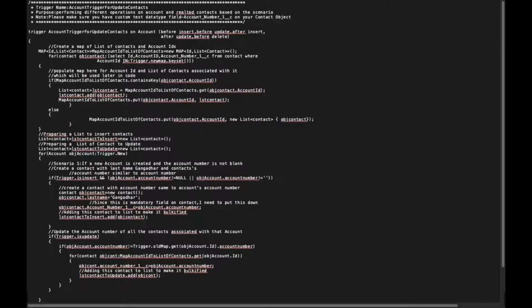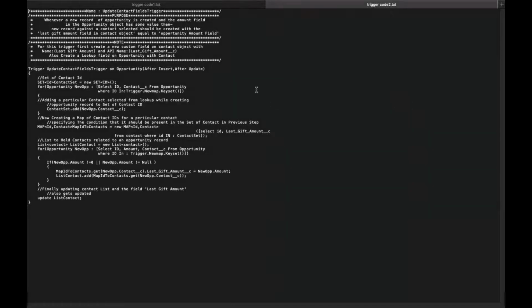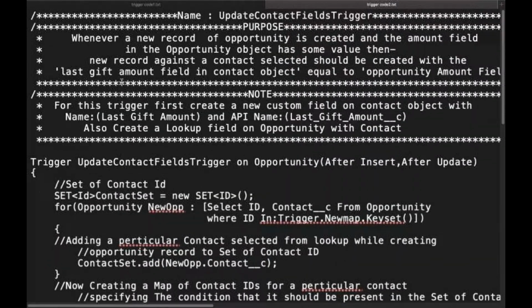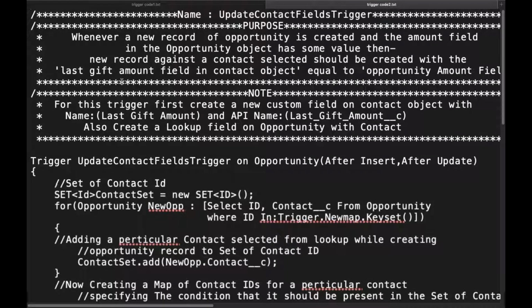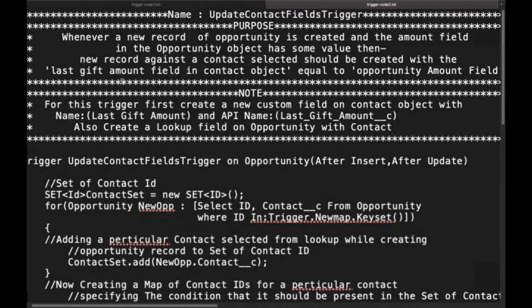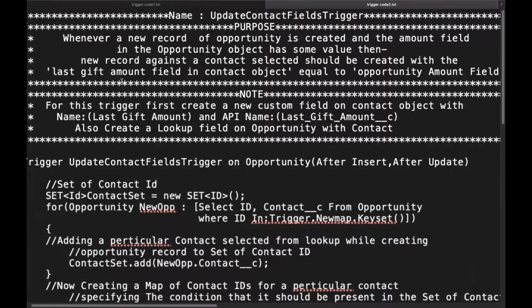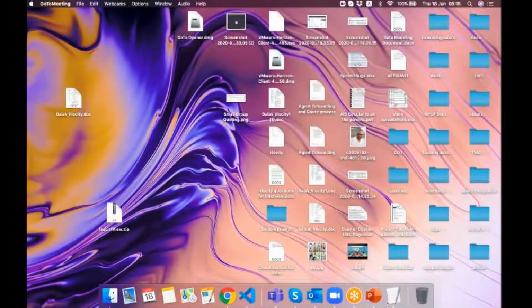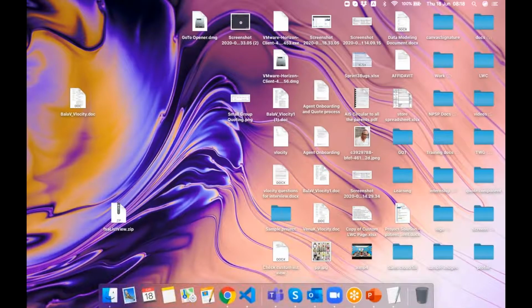Okay, I'll pick up some other trigger. Okay, this is an opportunity. So we'll take the other example. Close to both.